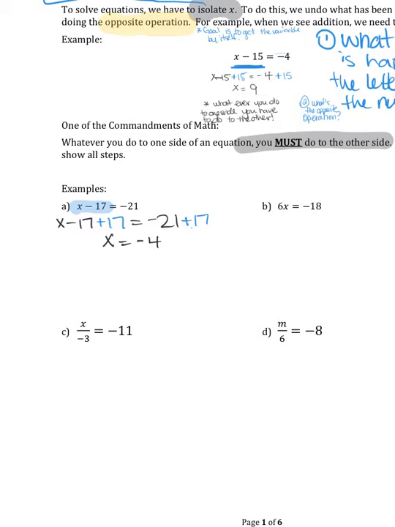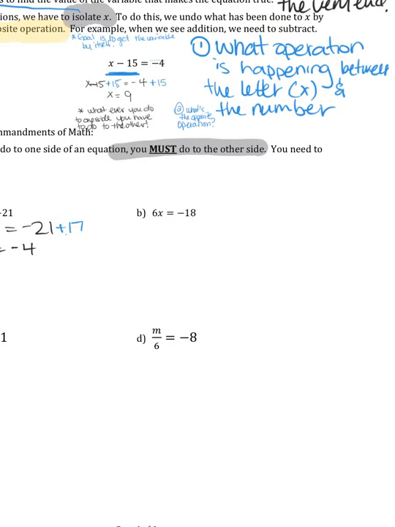So over this way, I have 6x equals negative 18. I'm going to start it off just like I have the other ones. What's happening between my letter and my number? So what's happening between my 6 and my x? So between 6 and x, this is multiplication, right? So if I have multiplication here, what's the opposite of multiplying? Well, the opposite of multiplying is dividing. So I need to divide both sides by 6 in order to get rid of it because I want x by itself here. So I have 6x, and now I'm going to divide by 6